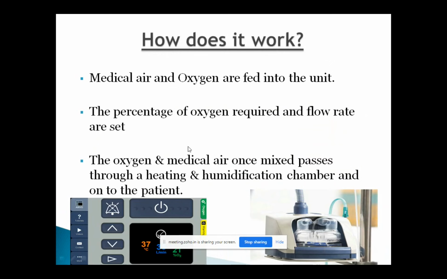So what we do, we set the flow to 30 or 35 liters, and then we give extra oxygen on the side of the machine. You can see in the second picture, a little green tube is the oxygen you're giving. If you don't give any oxygen, the patient will be achieving the room air oxygen concentration, which will be 21%. By feeding extra oxygen into the unit, the FiO2 automatically goes up.